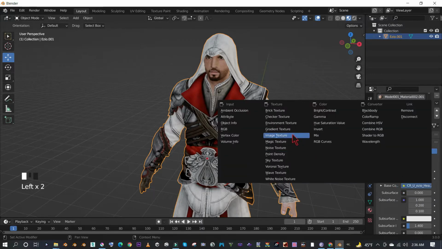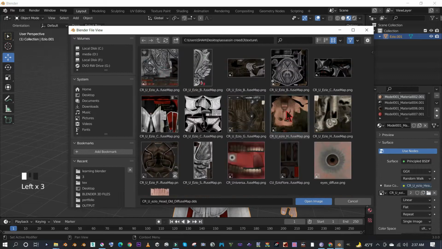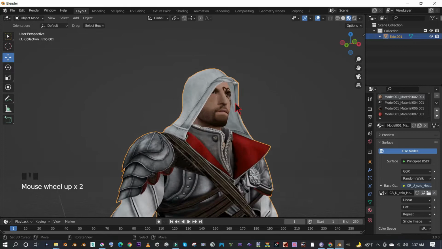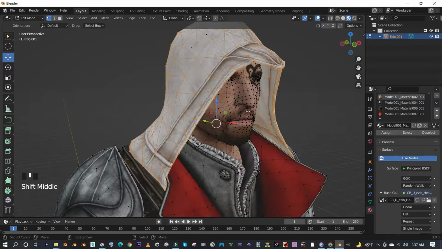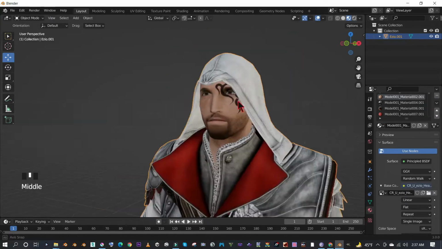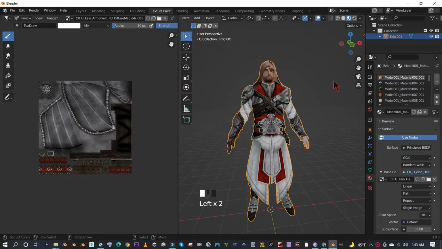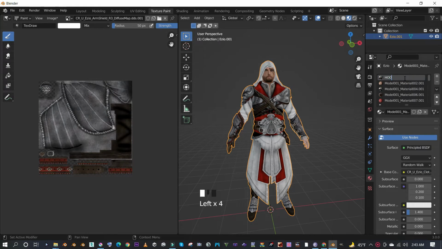Now it's time to select the edited texture. I'm going to create some modification on the face by selecting the nose. It's time to rename all the textures we added.